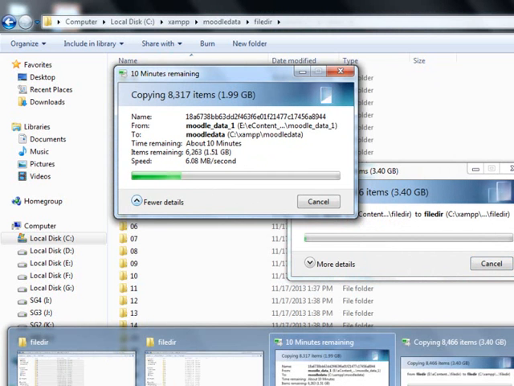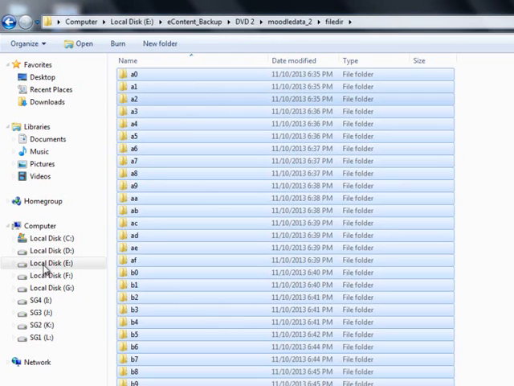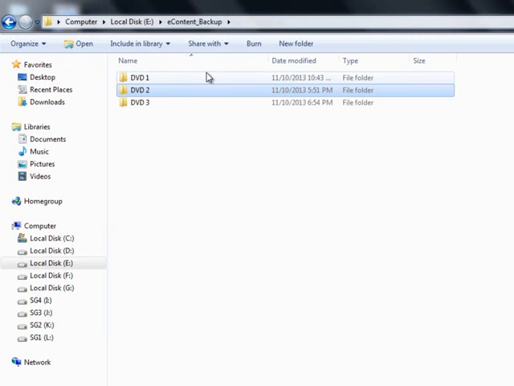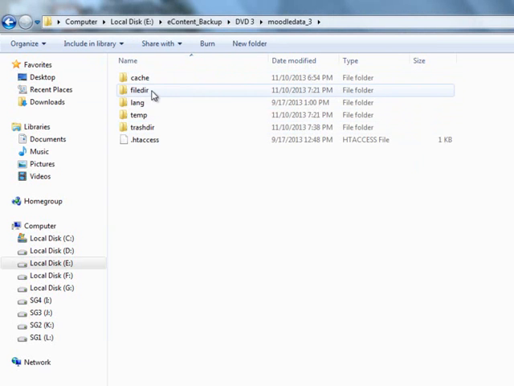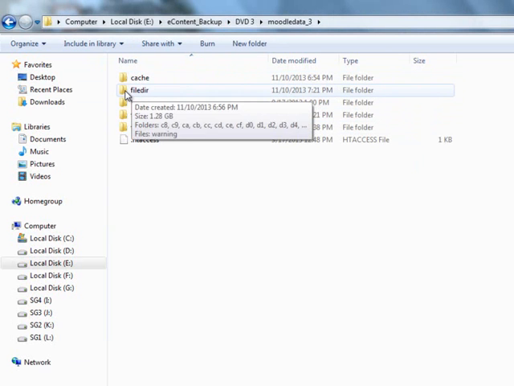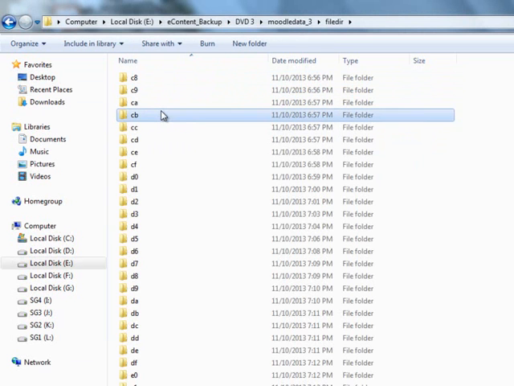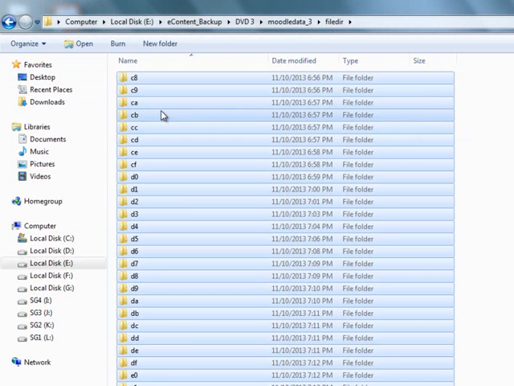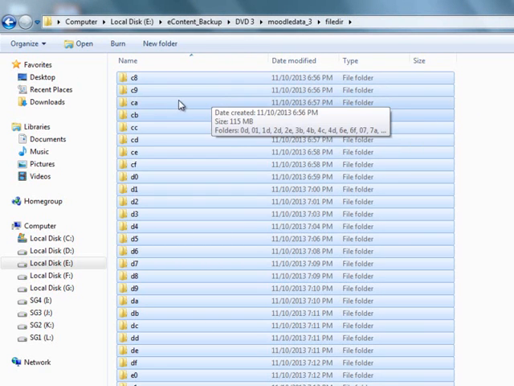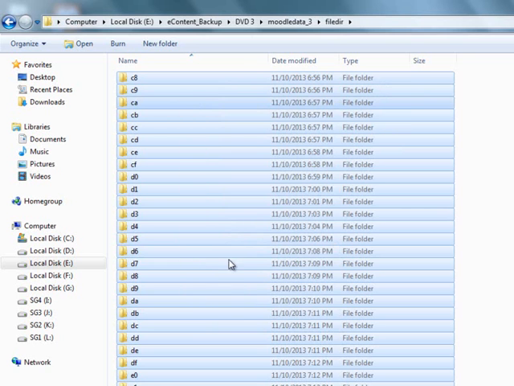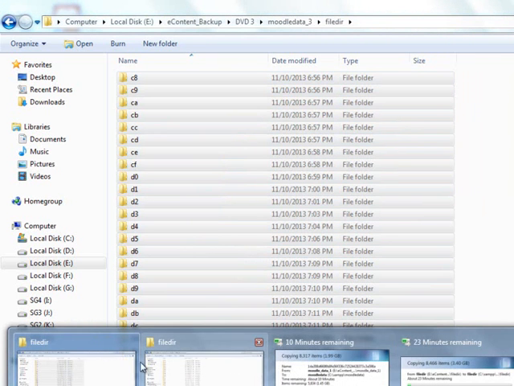So in the same fashion, browse the third DVD, then Moodle data 3, then filedir, select all the contents under the filedir directory of the third DVD, copy them and again paste them in the